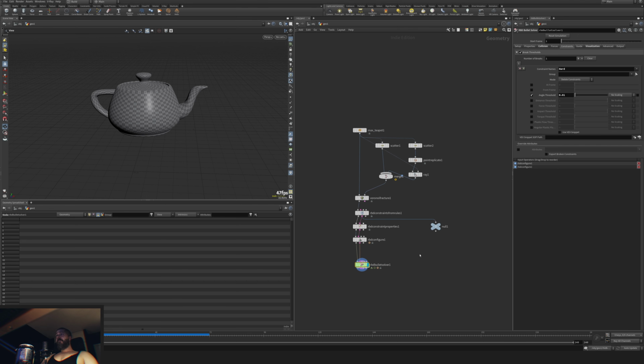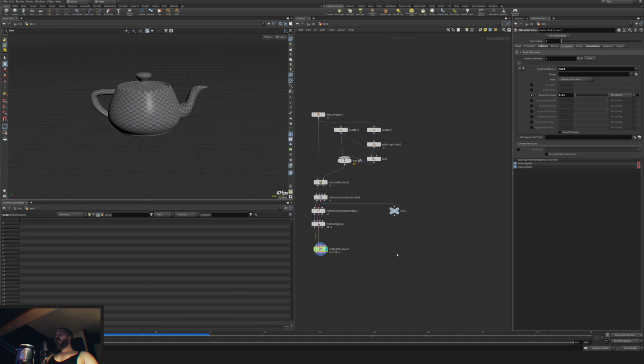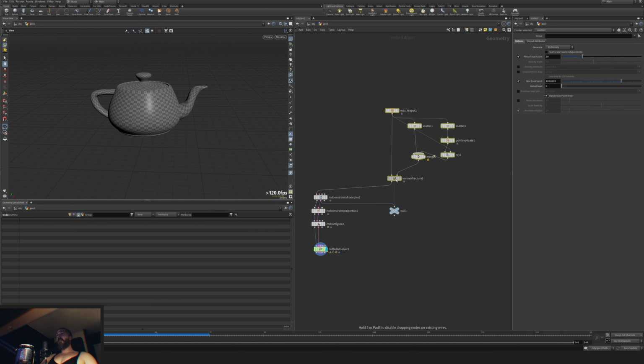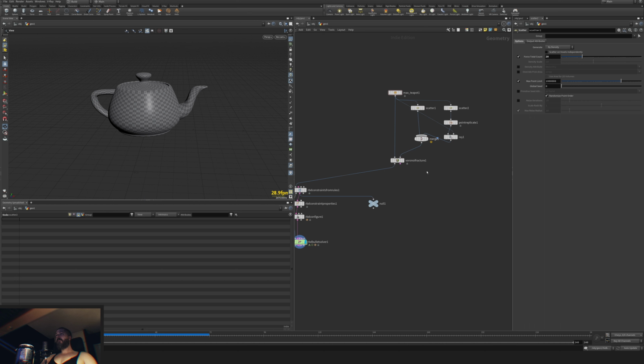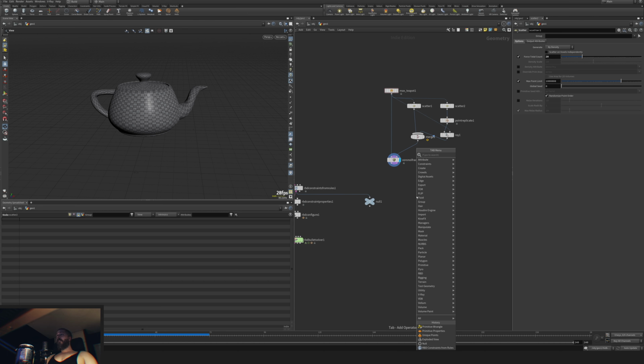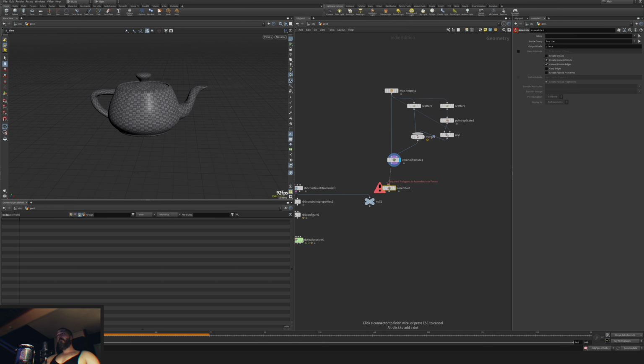Yeah. So let's do something like this with the default or the dot network. So we still have these guys. So unconnect this. And what do we need? We need to pack them. So let's pack them